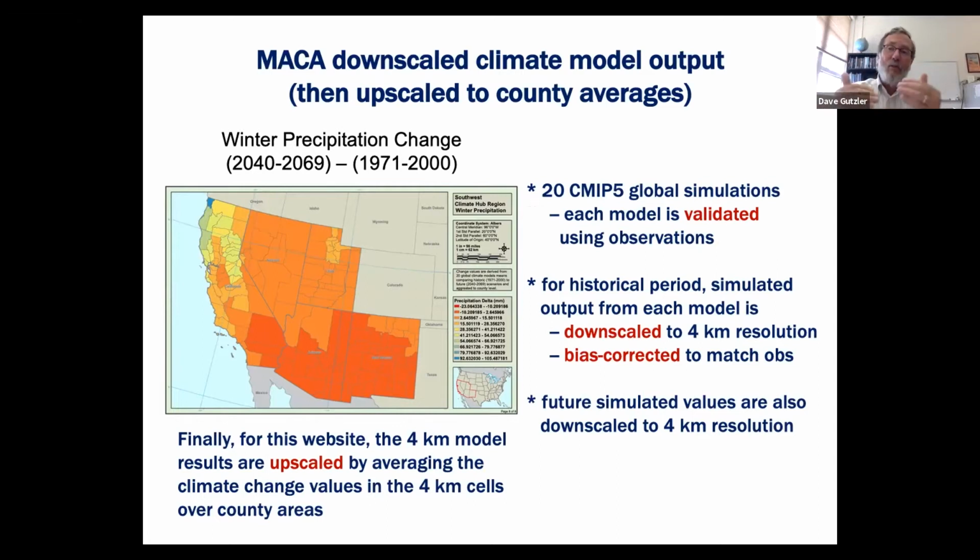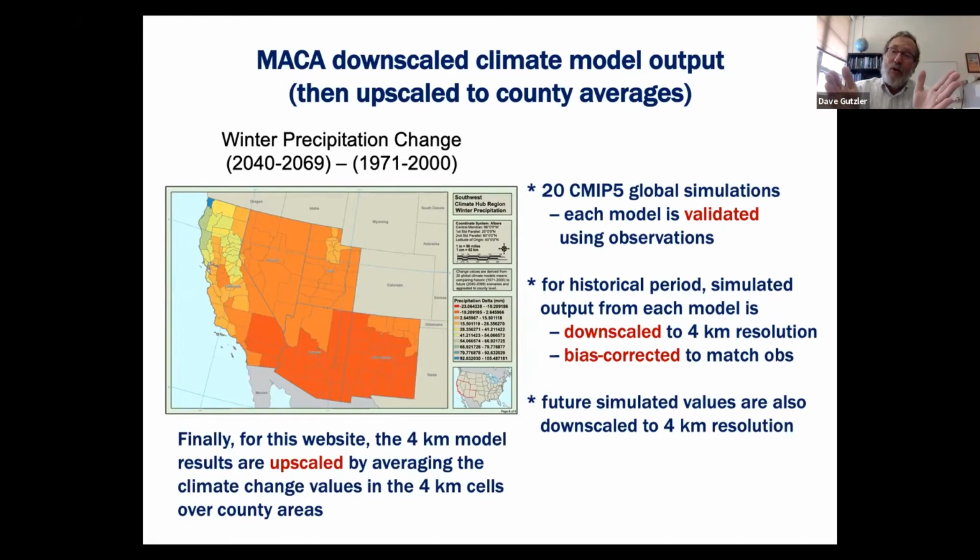So let's just in 1 minute review what we've just talked about, that we're using global model output generated over really big boxes, and this MACA data archive that's on the Climate Hub website uses 20 of those models. And this particular plot is averaged over all 20 models, each of which was validated with actual observations.